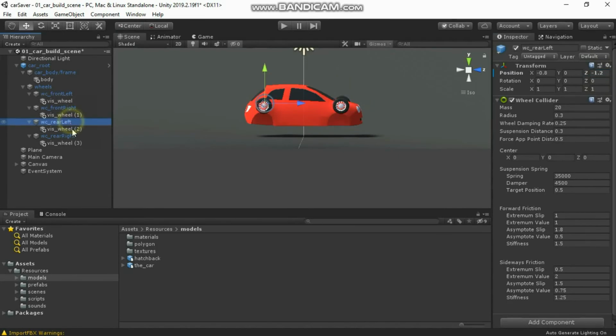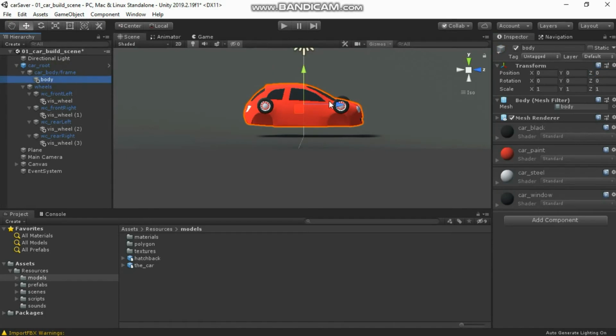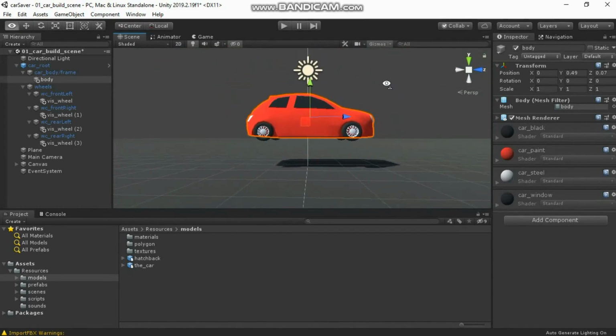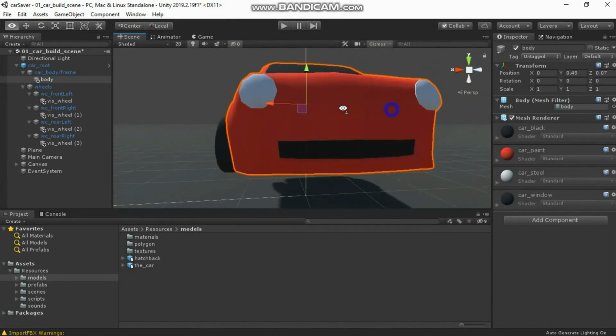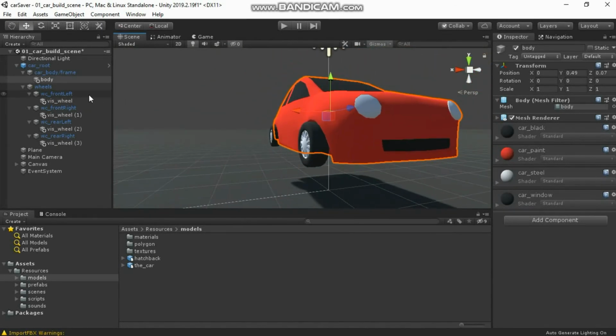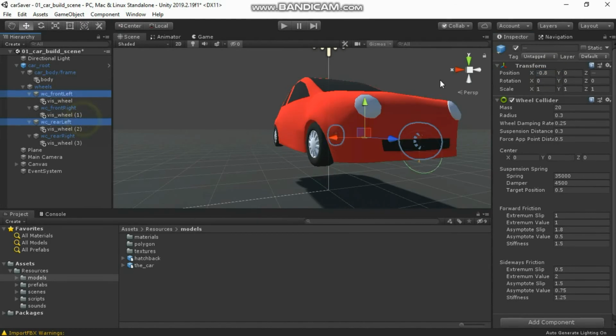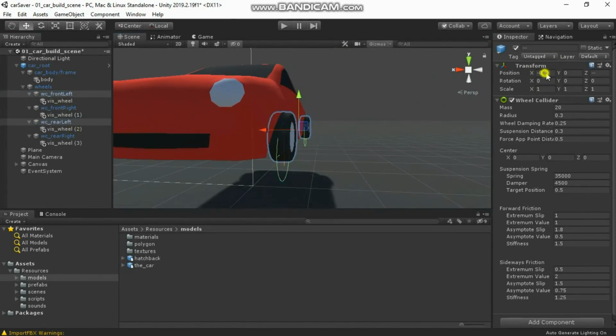It's better to have both axles at the same distance from the middle. So do not hesitate to move the body to the axles and not vice versa. Keeping the same axle offset from the middle is more important than keeping the body at the middle. Also, I do not recommend moving wheel colliders up or down, I mean the y-axis, just left and right, forward and backward. It won't be a big mistake, but you need to correct the car body collision collider in that case too.